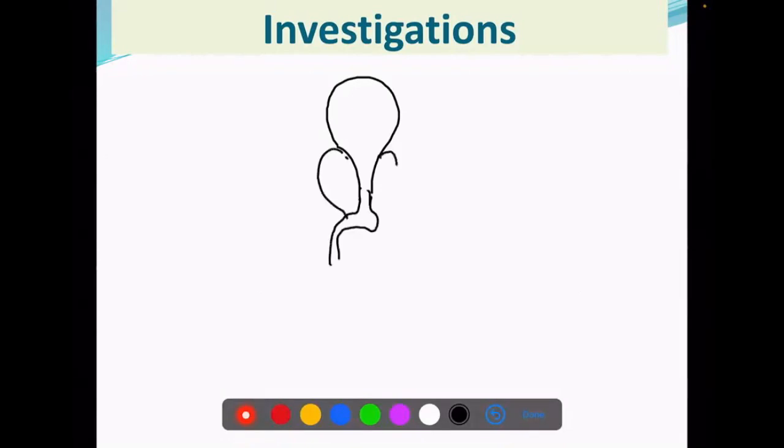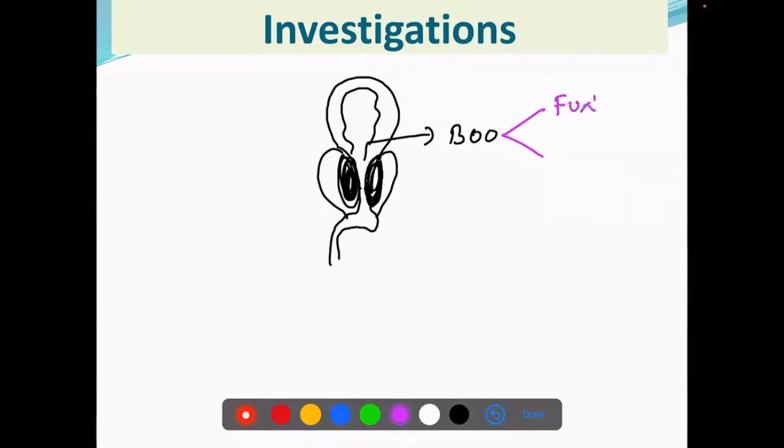This is prostate, this is bladder. So whenever there is enlargement of prostate, it causes obstruction in the outflow of urine. It is bladder outflow obstruction. And whenever there is obstruction, it will present to you as symptoms like frequency, urgency, nocturia, known as storage symptoms